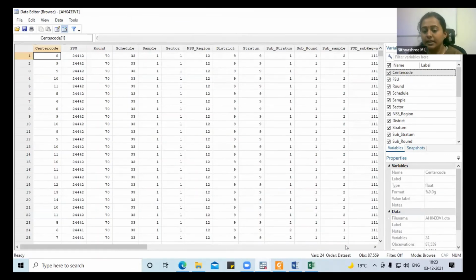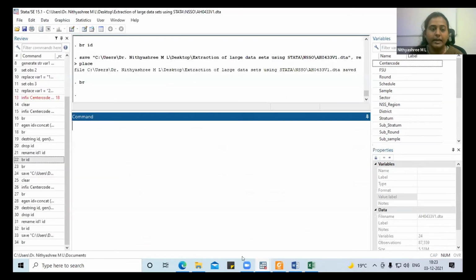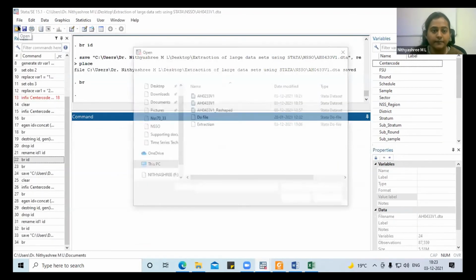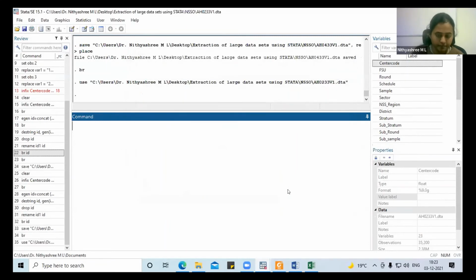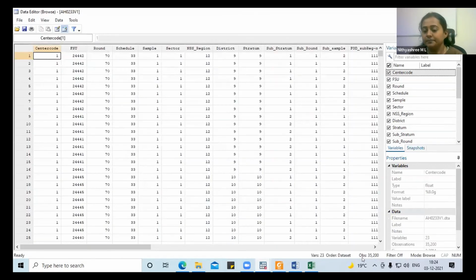How many observations are there in this particular data set? You can see the observations are around 87,559. This is the fourth one. Okay. And let me open the first one, which we have decoded. How many here? 32,200. So this is also one of the clues indicating that your second block data, that is the fourth level, is in longitudinal form.